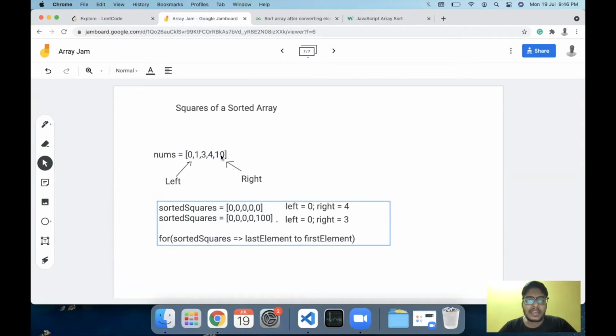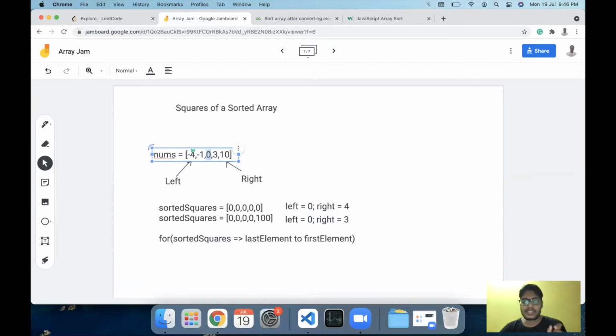Since I don't have the privilege of going in reverse and directly pushing it, and since we have the negative values like this, what we can do is start with 2 pointers, starting from the left and right, and check the absolute values. Towards the end, it will obviously come towards 0 or the nearest positive or negative element, right? So if I start my left and right counter from the -4, the first element, and the last element of the array, I know that anything beyond 0 might be negative values, or it might be the smallest positive value. In our case, it is a negative value, and in this case, we have the right element as 10.